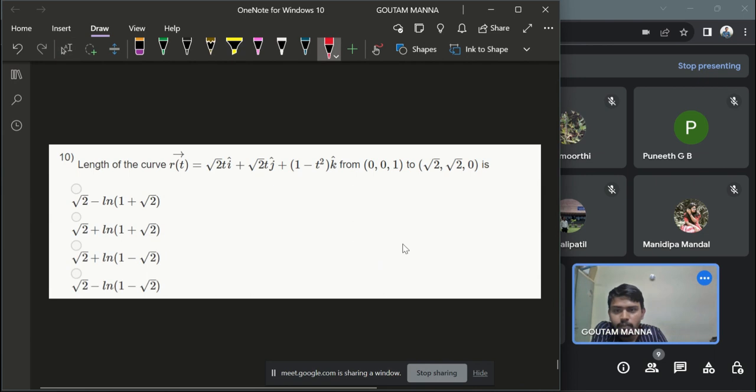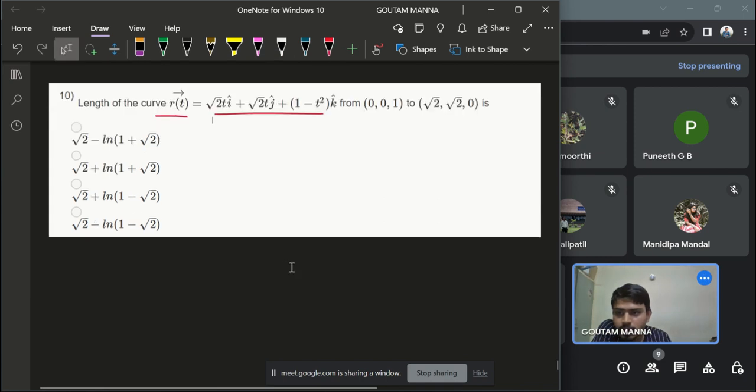And again we have a similar problem. We are asked to find out the length of this curve, and the curve is given as r(t) equals root 2 t i cap plus root 2 t j cap plus (1 minus t square) k cap, and